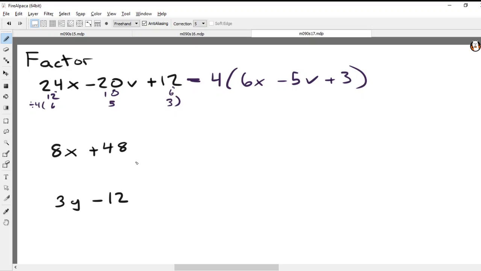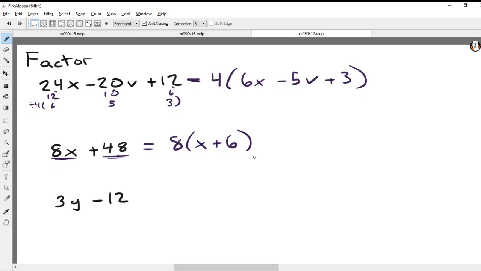Okay, next problem. 8x plus 48. 8 divides into 48. So I factor out the 8, and what remains here in this first term? The x. What about the second term? I divide 48 by 8 to get